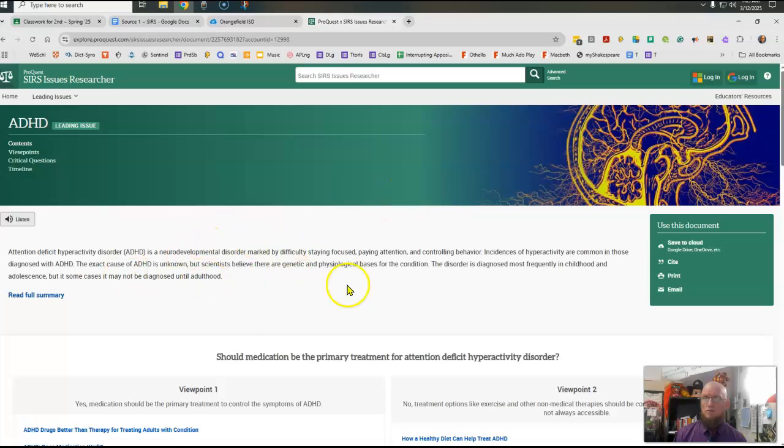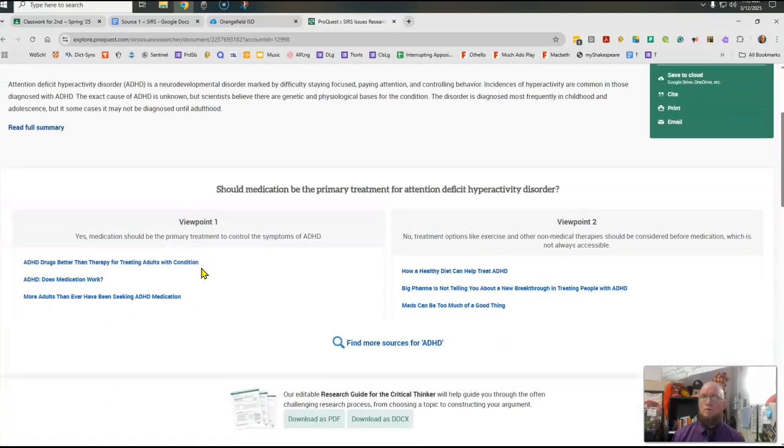If you remember, it gives you a summary here that you cannot use as a source. You may not use the summary as a source. You cannot use the summary as a source. But down here you have 6 articles. Now they're taking different biases. You don't have to choose a bias or a stance yet that you're going to take. But you do need to select one of these 6 articles.